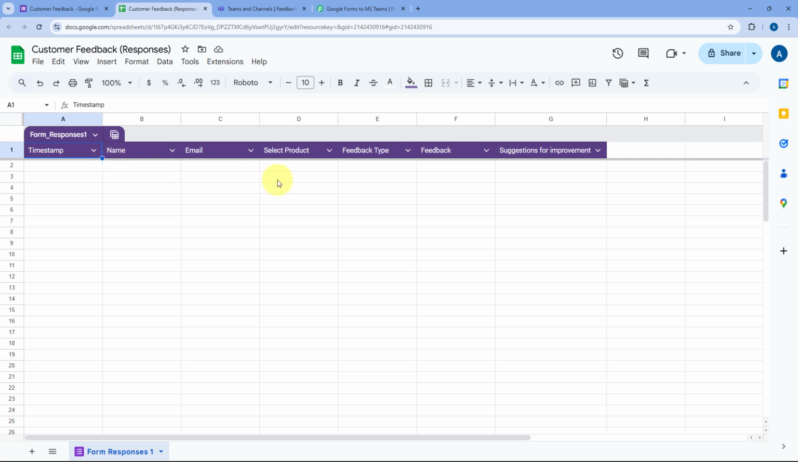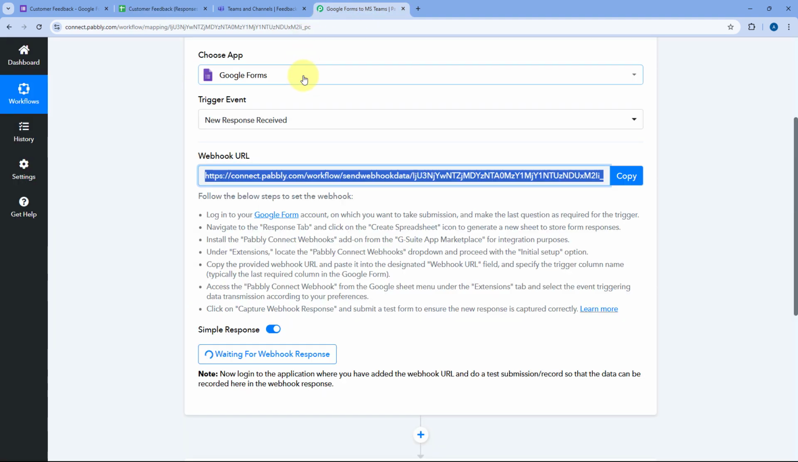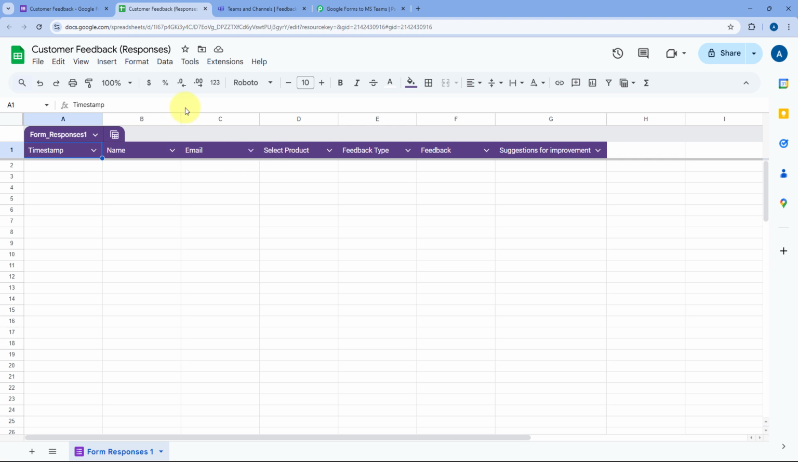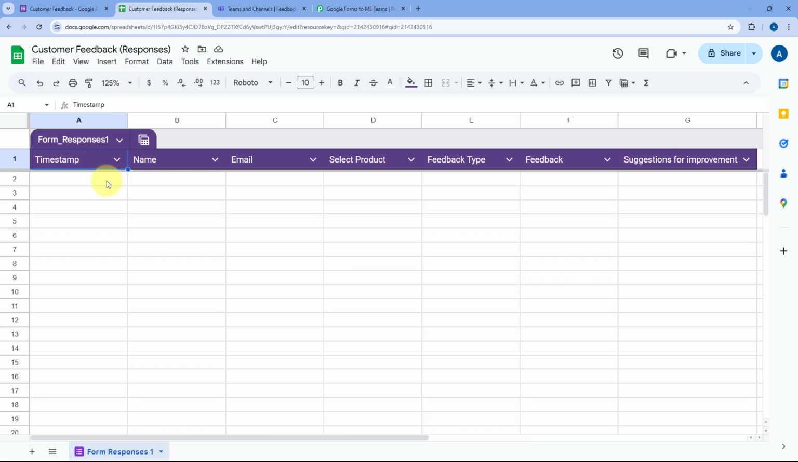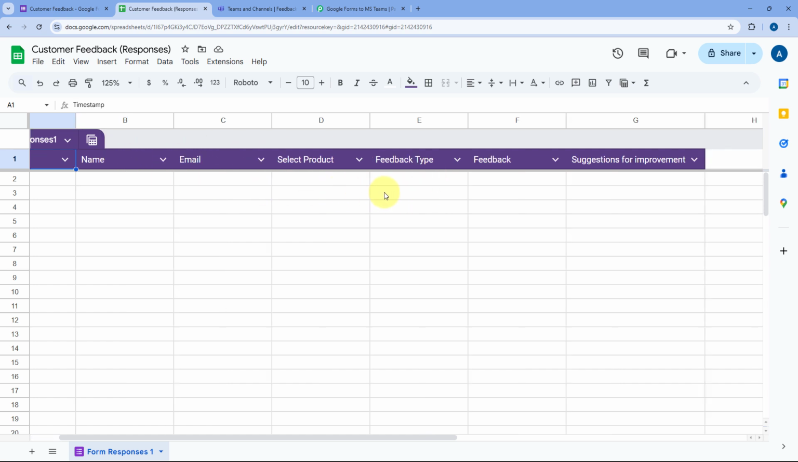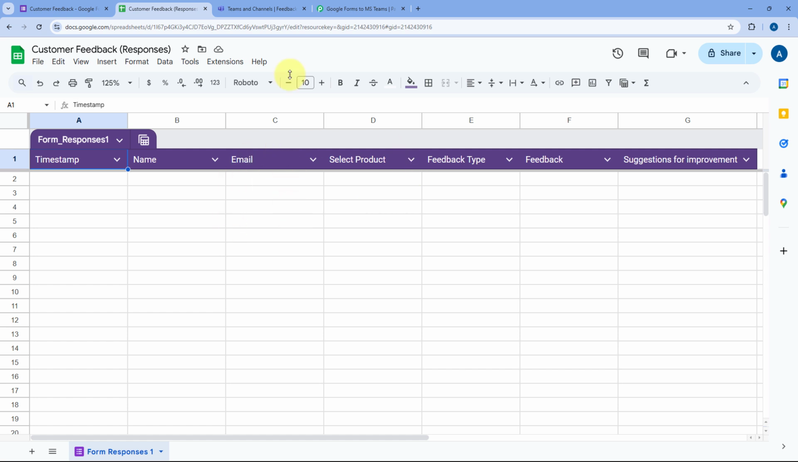And from this particular sheet, we are going to send the form responses to Pabbly Connect. So we are going to add this webhook URL in this Google Sheet in such a way that whenever a new form submission is received in Google Forms, the form responses will be added in Google Sheet, and whenever a new row of data is added in this Google Sheet, we are going to send that data to